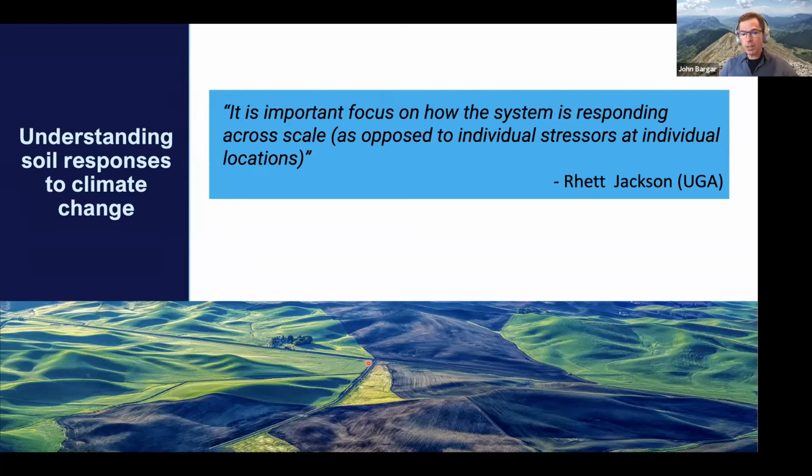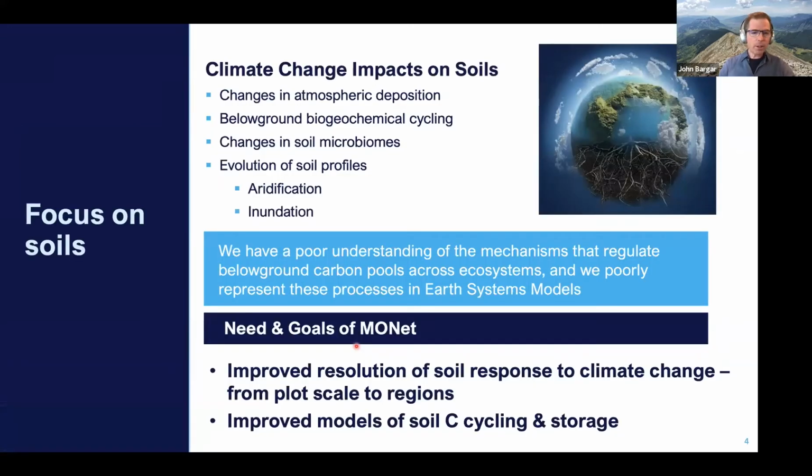There's also, as you can see in this picture, a lot of heterogeneity across the landscape. And you really need to make observations at these regional scales in order to understand the net processes. And you need to use those to inform your models. So this regional and higher scale perspective, as well as the molecular organic carbon, is really an important aspect. And it's a big challenge. How do you even think about the molecular forms of organic matter at regional scales? This is something I think about all the time.